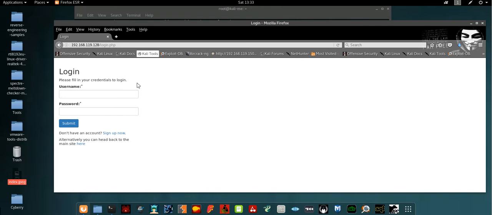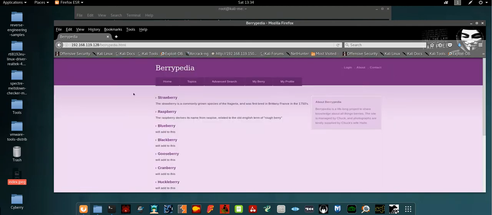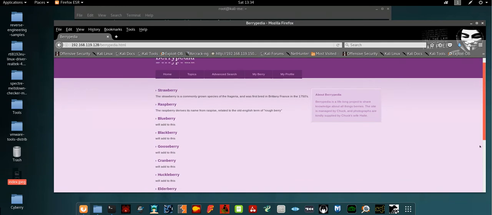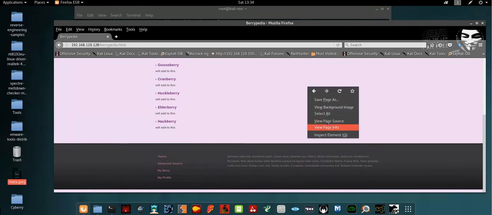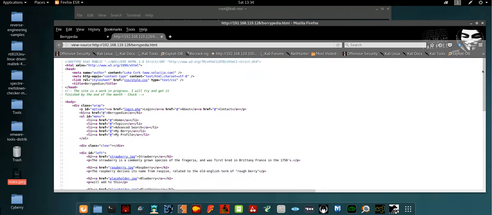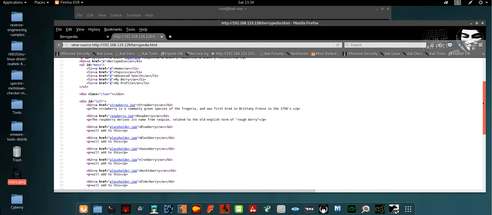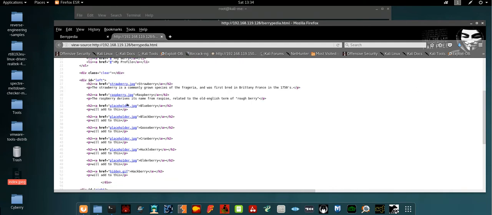Now here, don't waste your time trying SQL injection on the login page or trying to brute force. You just need to go to this link here. You'll see a kind of Wikipedia page. So if you click on view page source, after trying to look at every image among those images, I found